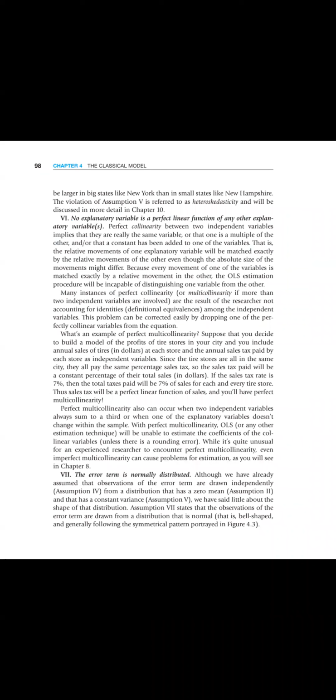And then no explanatory variables. Now we're on number 6: no explanatory variable is a perfect linear function of the other explanatory variables. We call that perfect collinearity, and we are going to deal with that later. Perfect collinearity between two independent variables implies that they are really the same variable. A good example of putting into your equation two variables that are essentially the same would be, say,